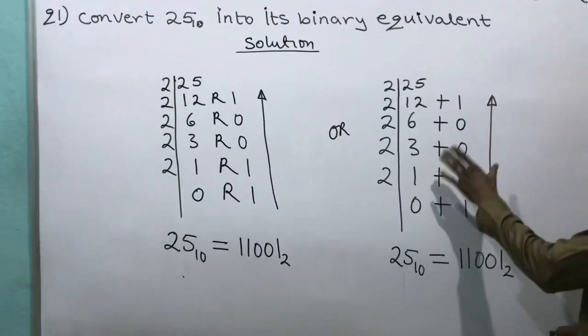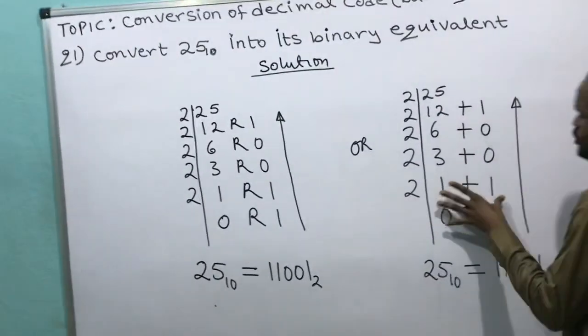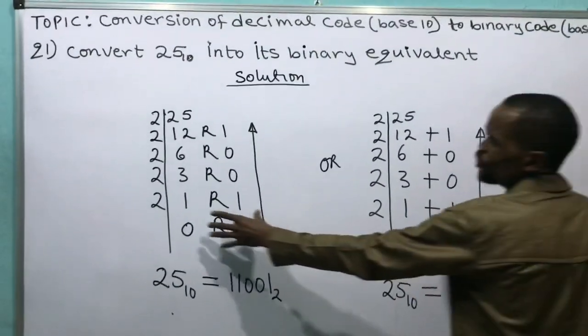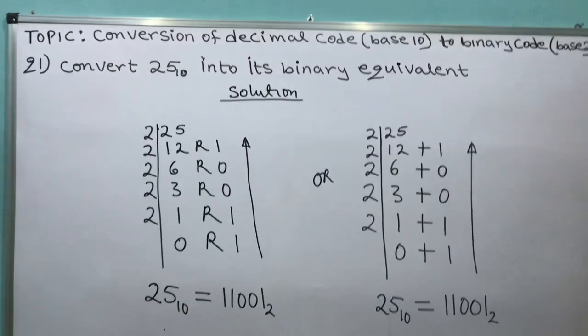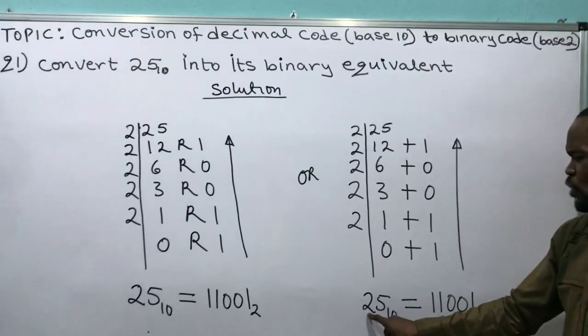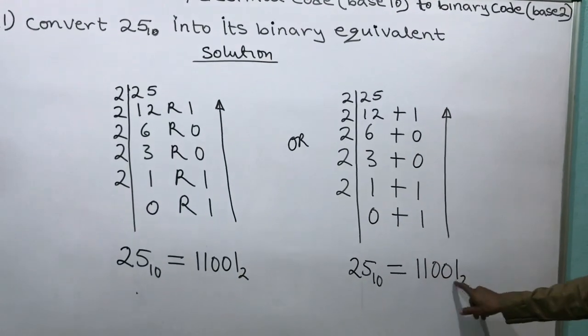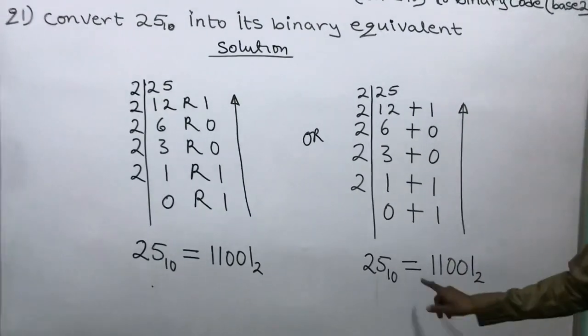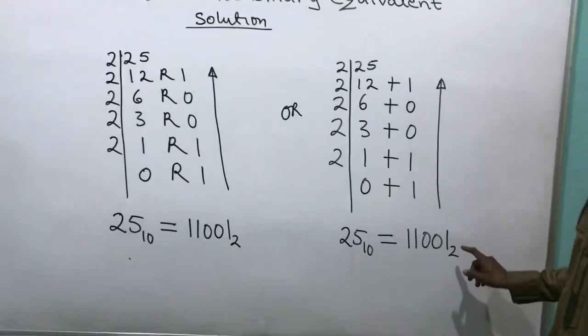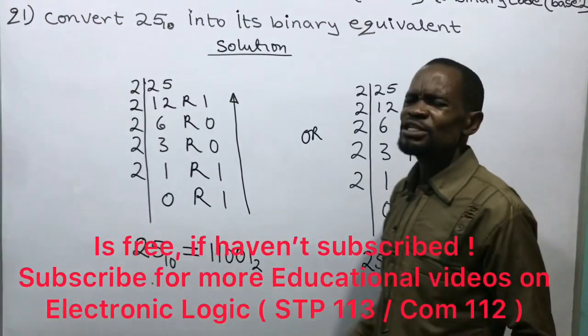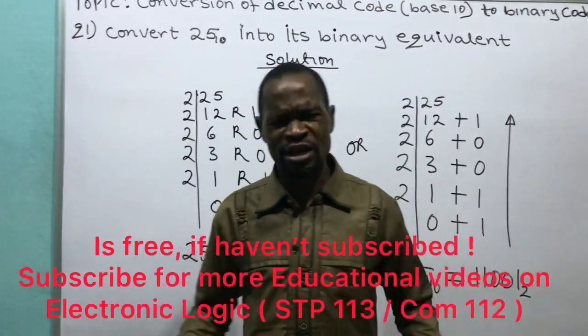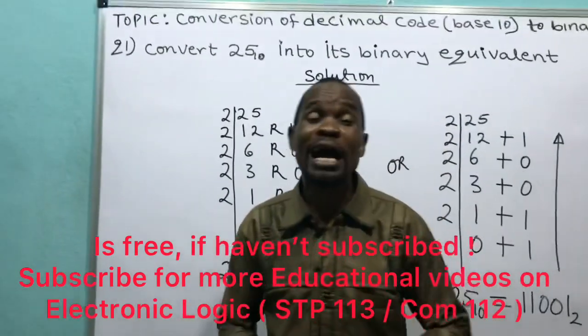So now, this is the pattern. When you see someone using this pattern, you will know that it is what we are doing over here. So when I said 25 base 10 is equal to 11001 base 2, remember that every day-by-day transaction is done in